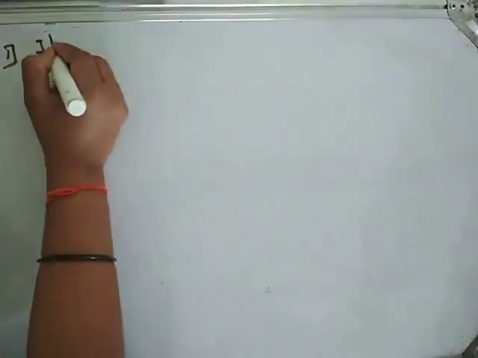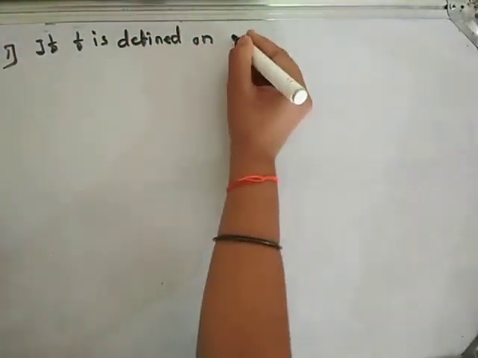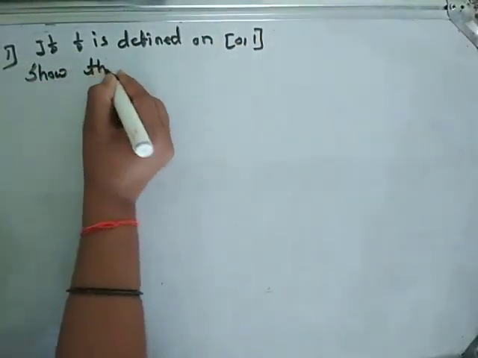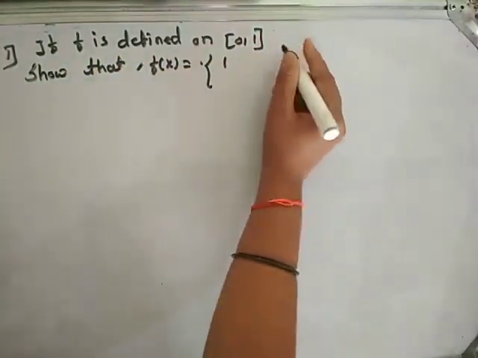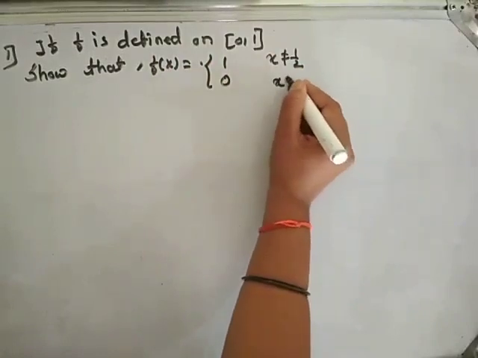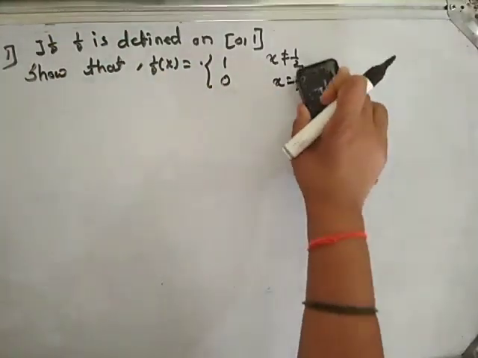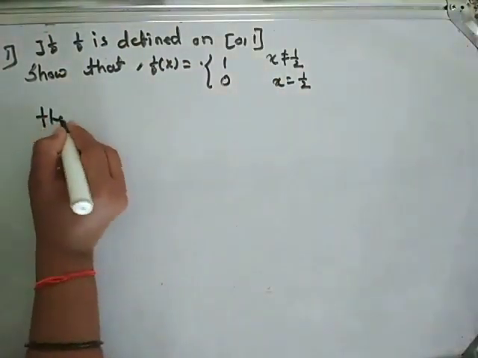Hello students, let us see some examples. First example: if f is defined on the closed interval [0, 1] as f(x) = 1 if x is not equal to 1/2, and f(x) = 0 if x is equal to 1/2, then show that